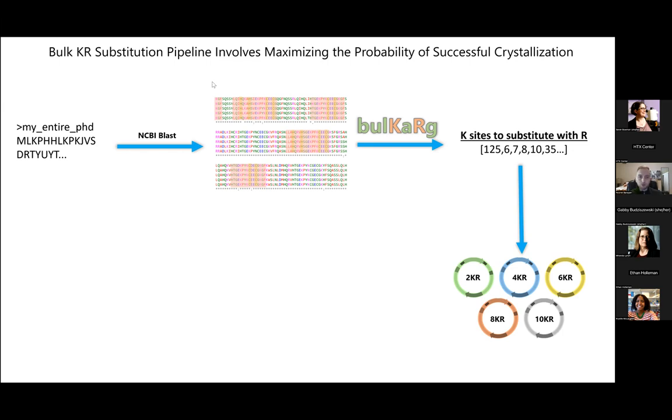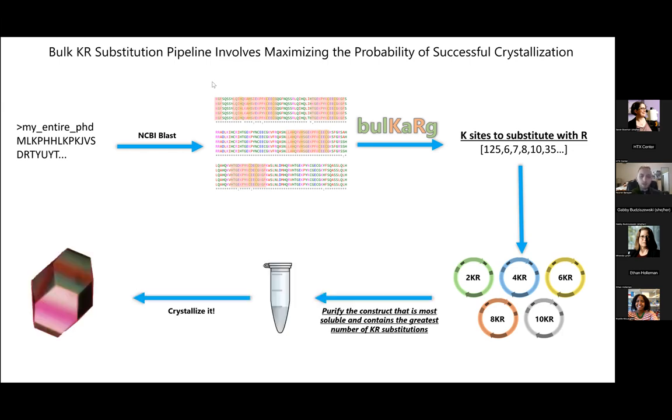multiple substitutions. So first substitute 2 lysine sites with arginine. Next, do the first 4 recommended sites, then the first 6, and so on and so forth. Then grow the proteins, and run a solubility assay on those proteins. You want to choose to purify and crystallize the protein that is the most soluble and has the most lysine to arginine substitutions. This will maximize the probability of your arginines making favorable crystal packing contacts and getting a